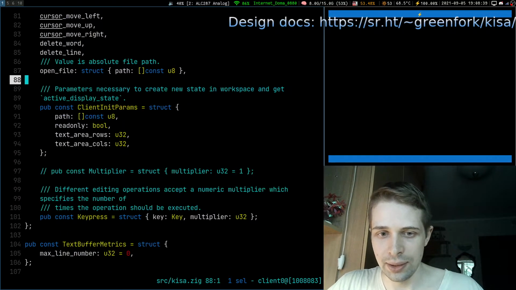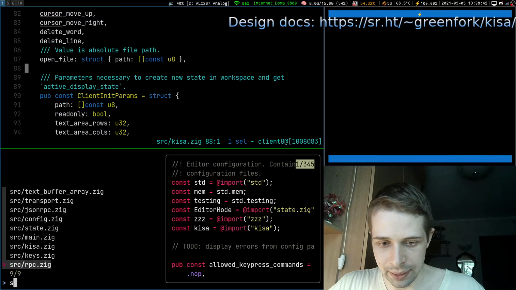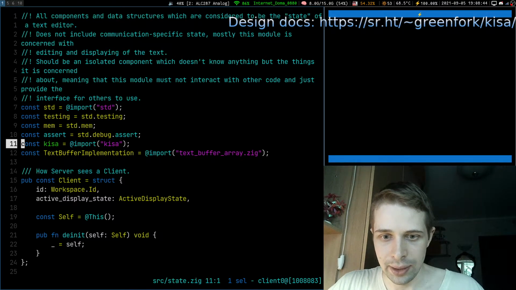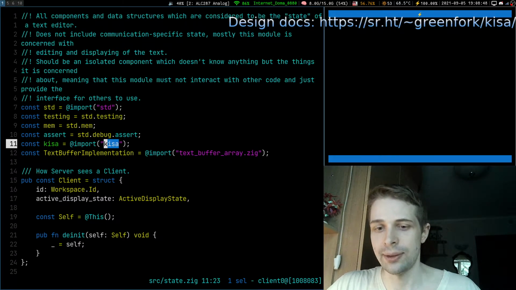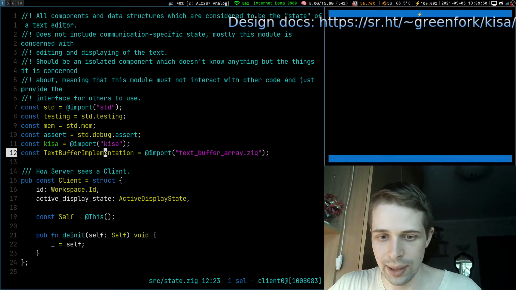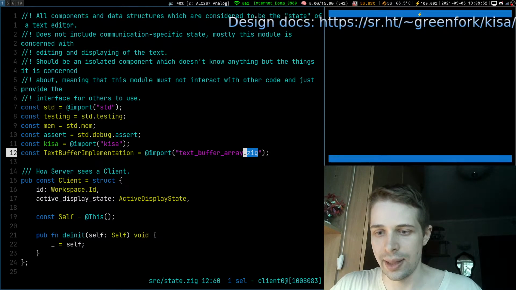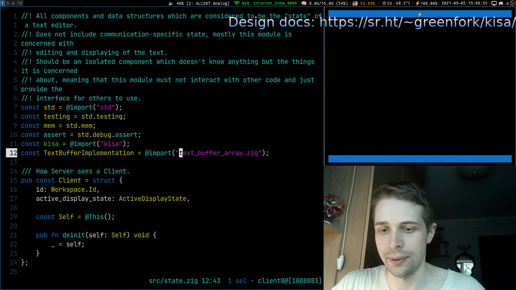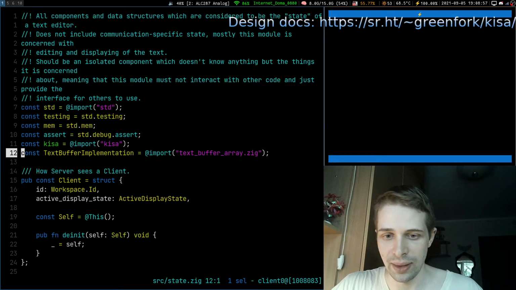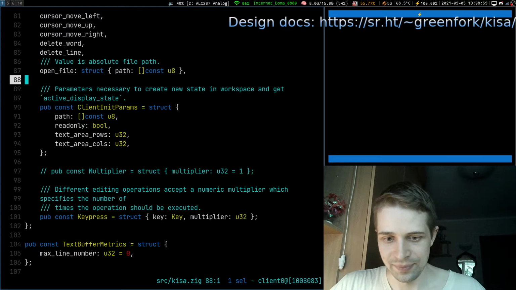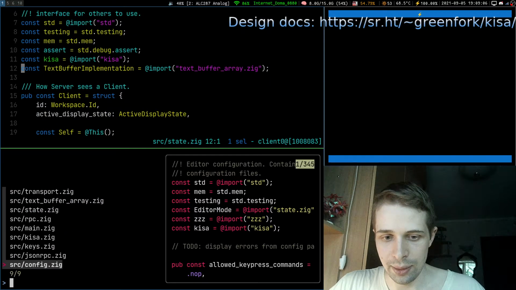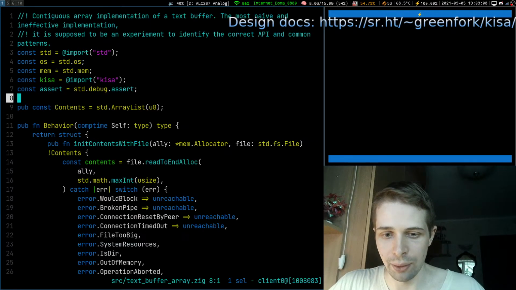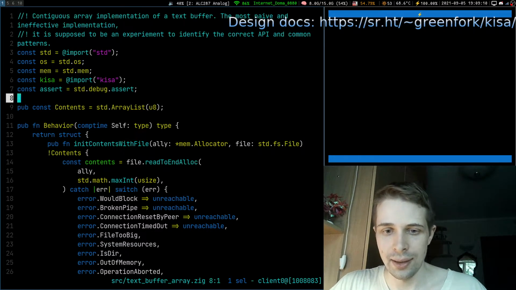But in our case we can use kisa like so, and at the very top we can import kisa, just kisa, and it will resolve, it will find the right file. Otherwise we have to specify extension and also the right path if it is not in the same directory. So we will have kisa.selection in our text buffer array.zig. kisa.selection like so.